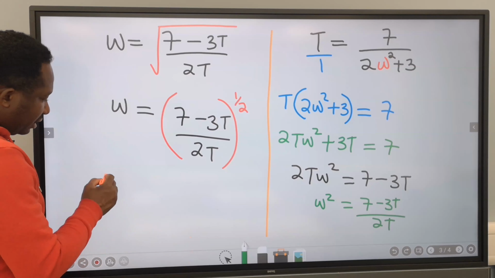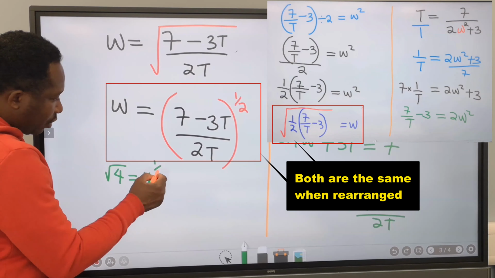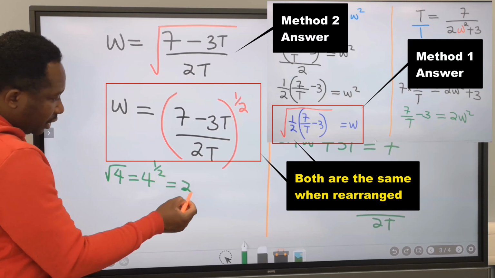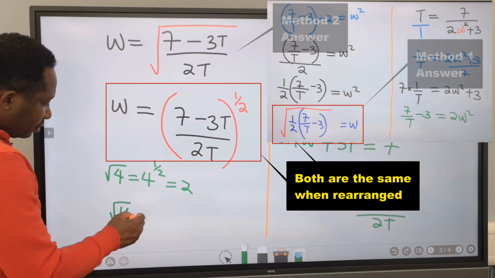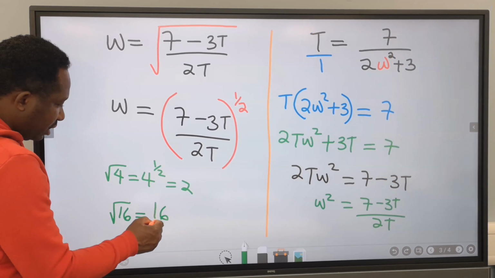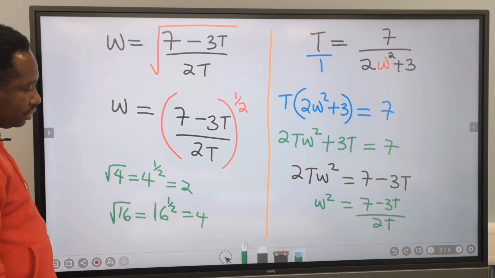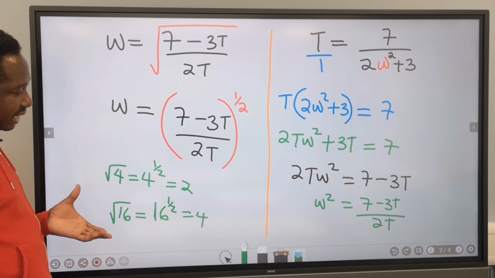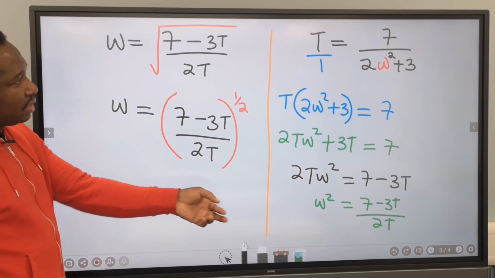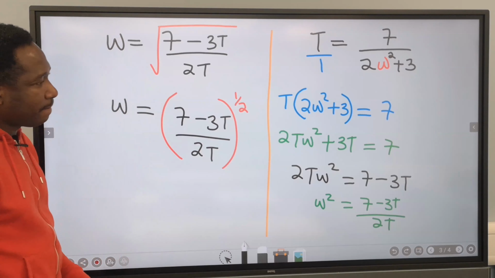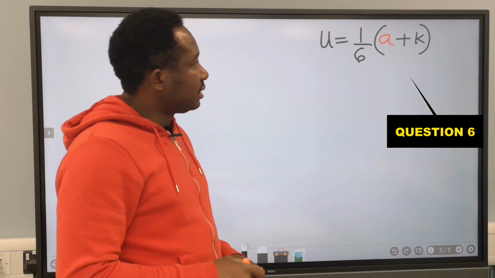Because in mathematics, the square root of 4 is the same thing as 4 to the power of 1 over 2, which is the same thing as 2. The square root of 16 is the same thing as 16 to the power of 1 over 2, which is 4. With this concept in mind, this becomes the subject in this equation. Let's make a the subject in this